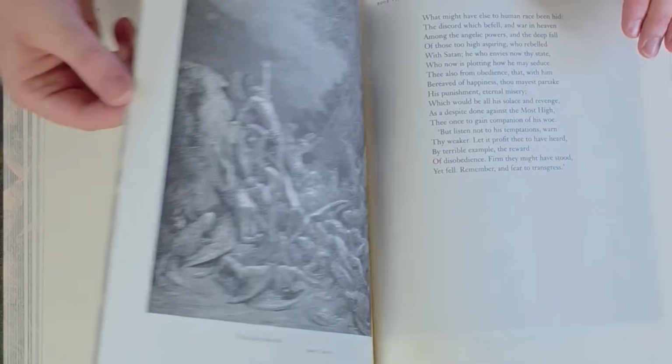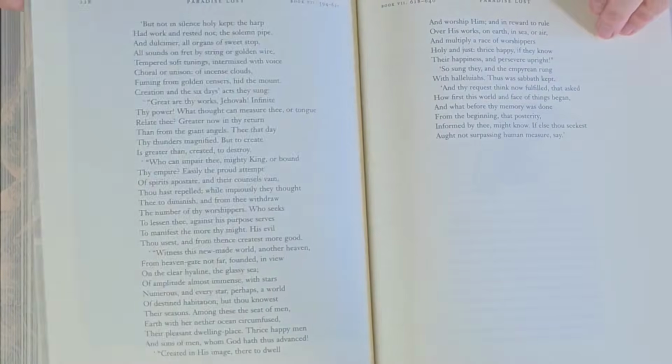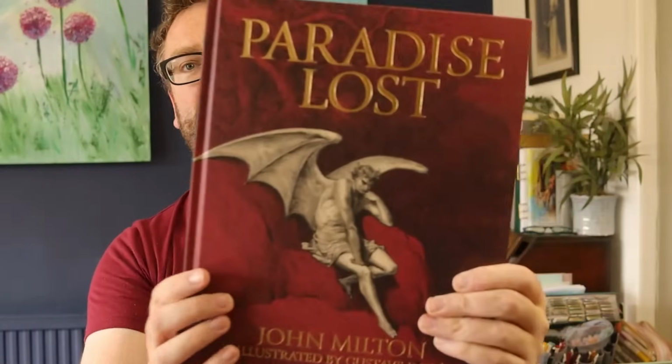Look at that, a typical Gustave Doré image. There's some more. There's Satan lying on a rock. Another one of all the fallen angels. It is absolutely wonderful. The whole thing is just perfection personified. Look at that. I'd love to just show you the back of this book,